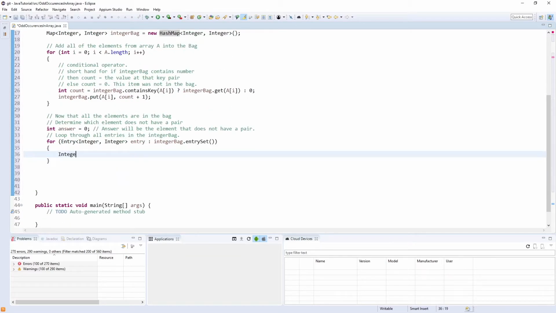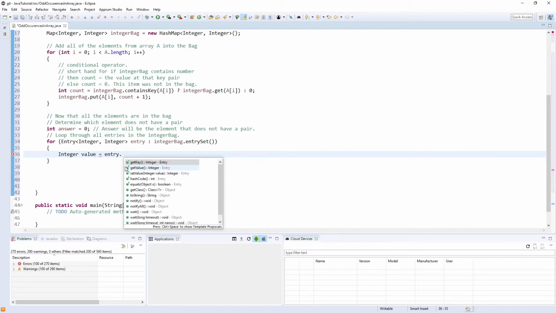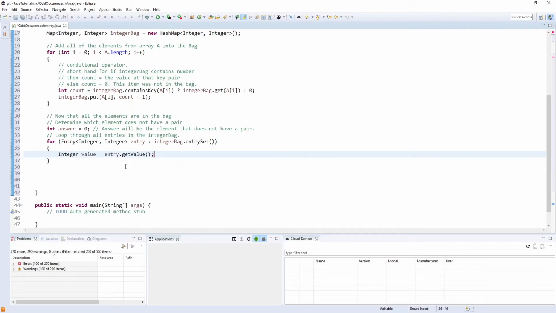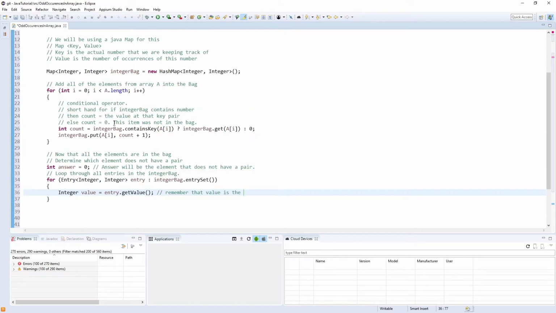So with the for loop set up, we can start actually performing the calculations here. So we have integer value equals entry dot get value. Remember that the value is the count of the number of occurrences of an entry, right? So if the value modulo 2 equals 1, then the value is odd. Modulo is the remainder operand. So modulo 2 just basically says if you divide by 2 and you end up with a remainder of 1,